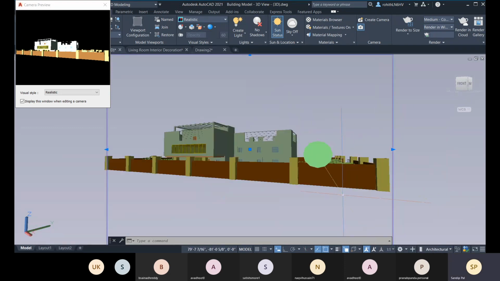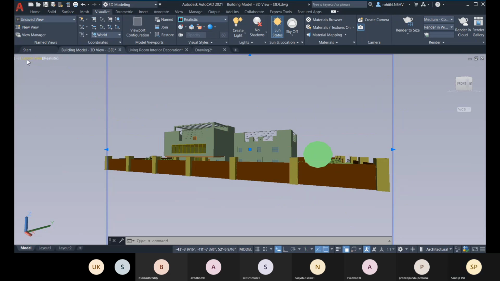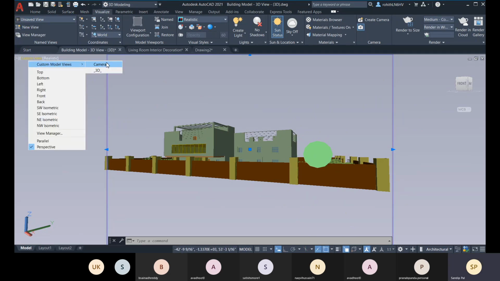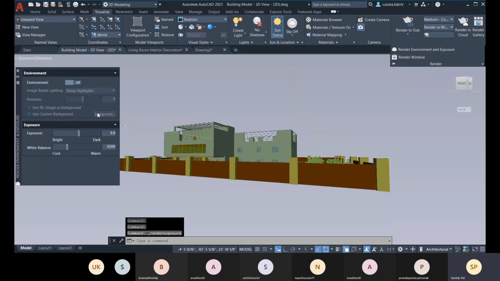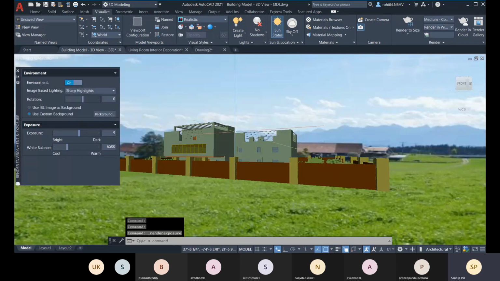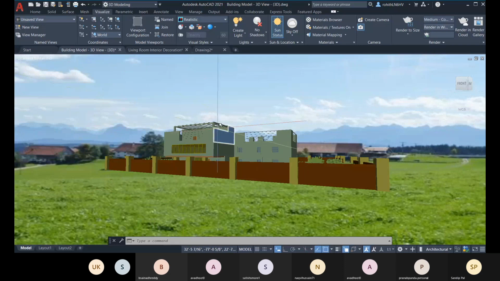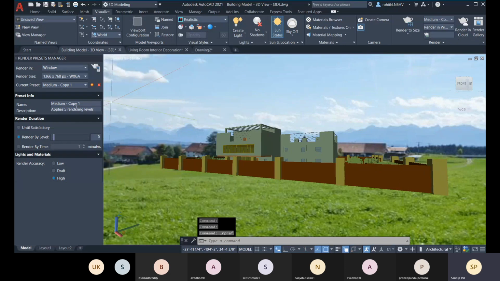So let me go to this set camera view, and this is the camera view. You can come to this camera view. Here you can set the environment.